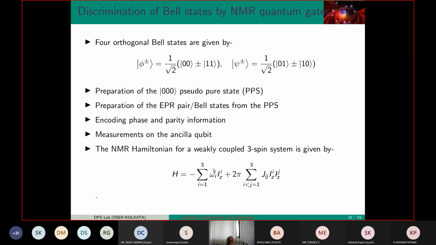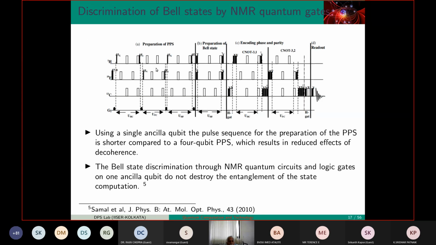If you remember, minus mu dot B or I dot B is the Hamiltonian, the energy difference between two levels. And this is the interaction. Two spins are interacting, because without interaction you cannot do anything. It's like controlled-NOT, but it's a more general interaction here. Using this simple Hamiltonian, all the quantum computation has been implemented. Now, this was NMR, nuclear magnetic resonance. D-Wave depends on superconducting qubits. Any complicated looking diagram.